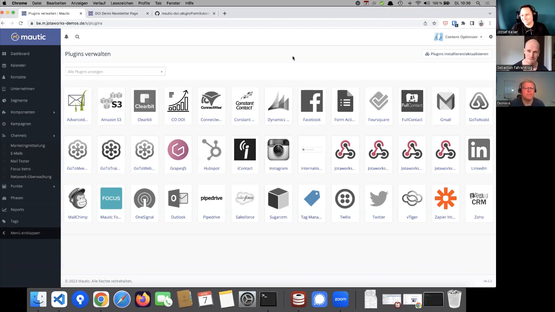So we did a lot of research for that, searching the internet. It's even a part of, I think, 2 issues in Mautic, which are still open. And basically, we found one security engineer who provided us a solution. The solution is that you place a special link in the email, and when that link gets clicked, okay,